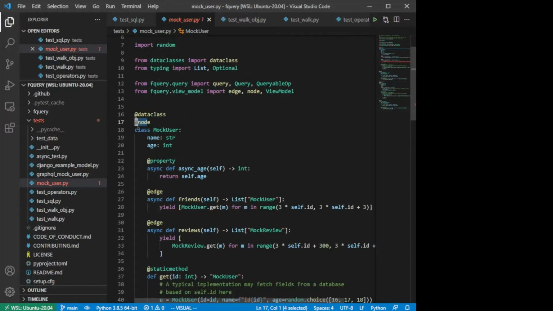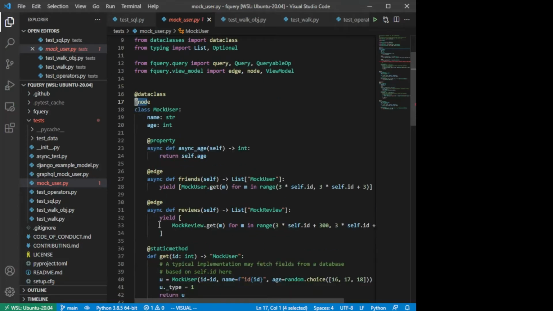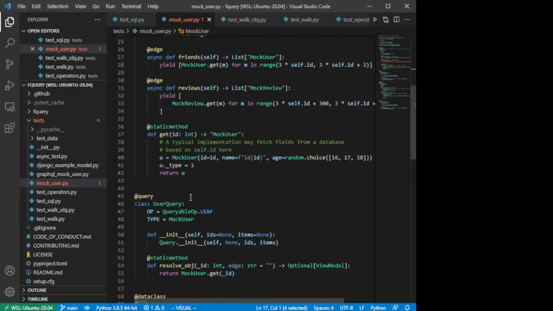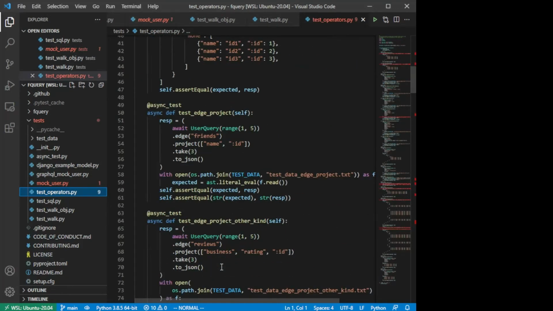And it's not just @node, there's @edge, which is a decorator that is provided by this package. There are a few standard Python decorators like @property, @staticmethod. Those are nothing new. If you're a Python programmer, you already know about them. @query, I think this is where all the heavy lifting happens. When you use the @query decorator on top of a class, it magically gets attributes or functions like filter, group by, things like that. So once you have this code, you could write queries that look like this.